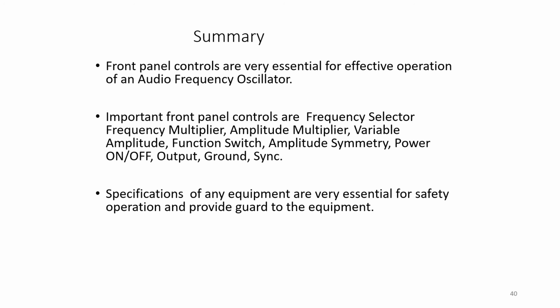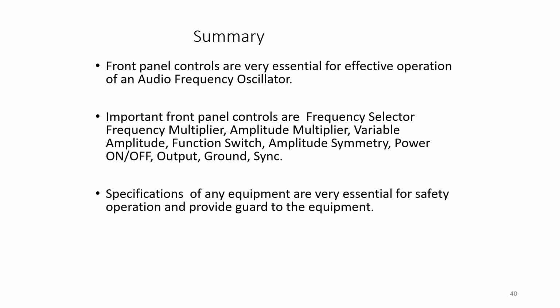To brief again, the heart of the audio frequency oscillator, the signal generator, is a Wien bridge oscillator. A Wien bridge oscillator is used because it is most suitable for the audio frequency range. The frequency of oscillations can be changed by varying the capacitance in the Wien bridge oscillator. The frequency can also be changed by switching in resistors of different values.